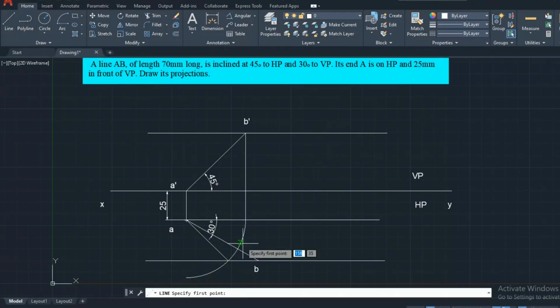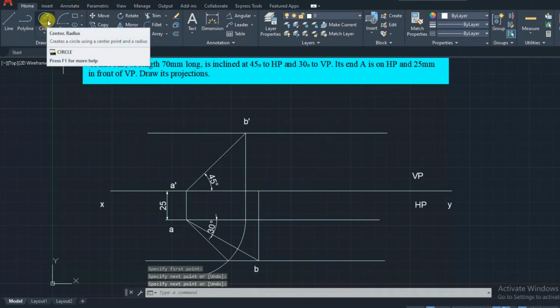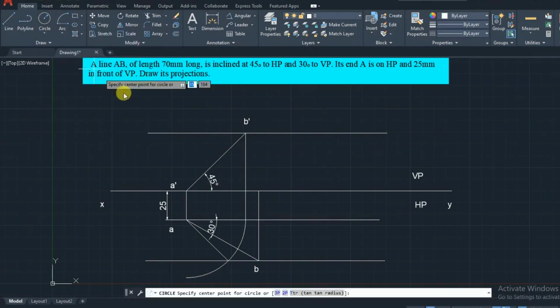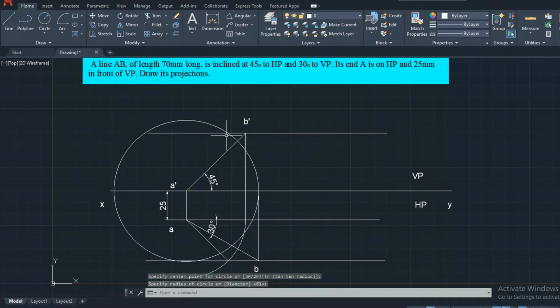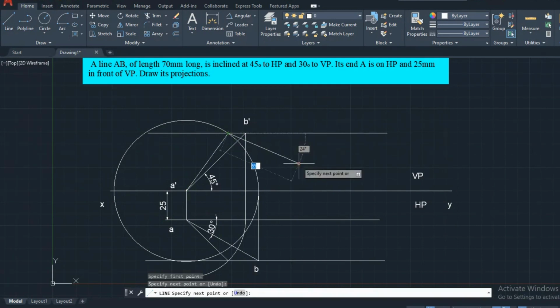Similarly, to obtain the front view, when looking with some inclination, you can draw a vertical line till the A point, then a horizontal line. Then use the circle or arc command; here I am using the circle. This is the center, and this is our radius, which will intersect the locus line. This radius equals this radius. So we obtain the front view length of the line.